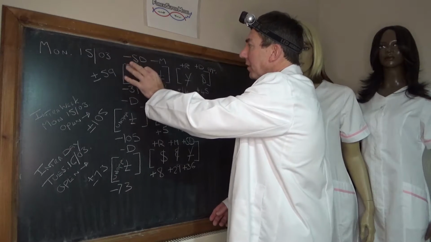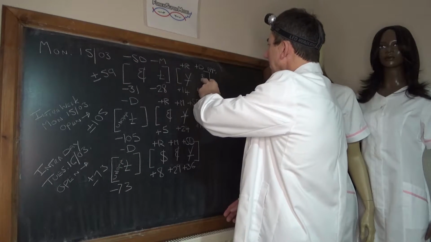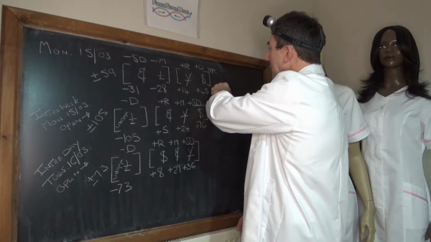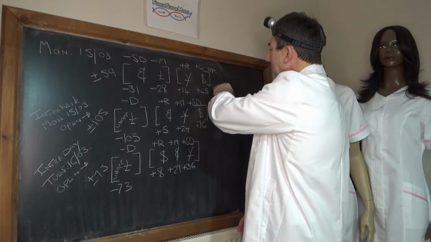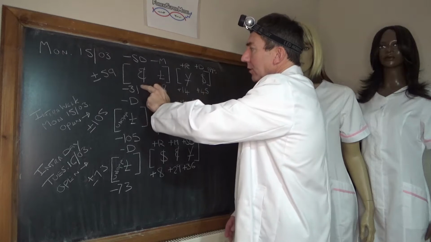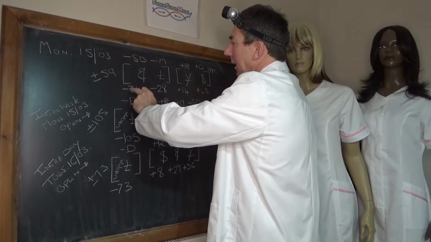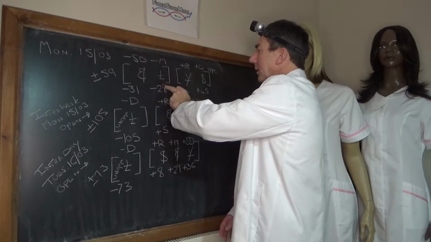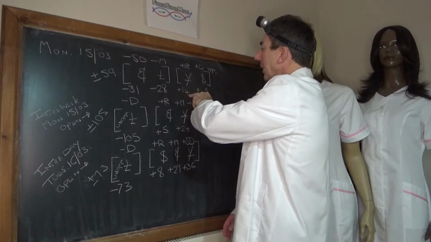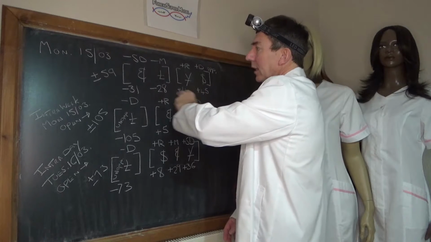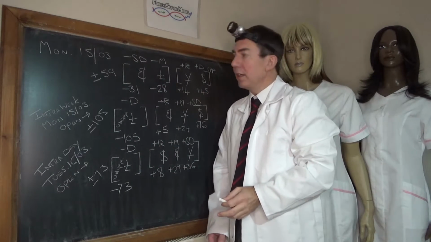Yesterday, Monday the 15th, the flows look like this. So we had a positive opposed driver in the dollar at plus 45. Front and backdoor flows going mainly out of the euro at minus 31, next out to the pound at minus 28, and the yen was the positive rock at plus 14, activity plus or minus 59.